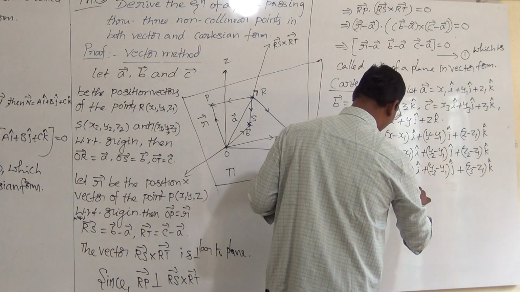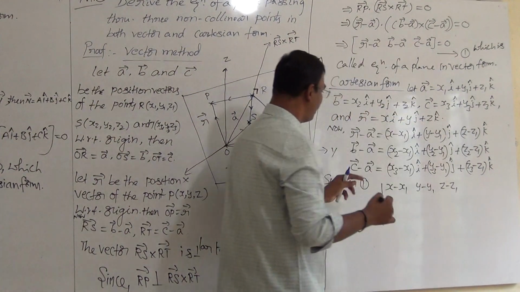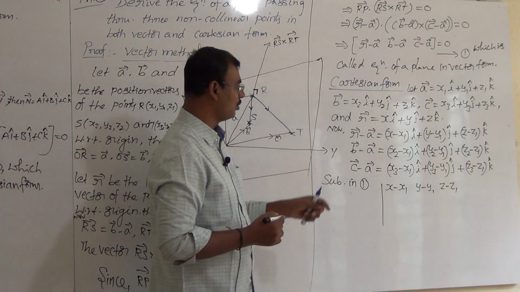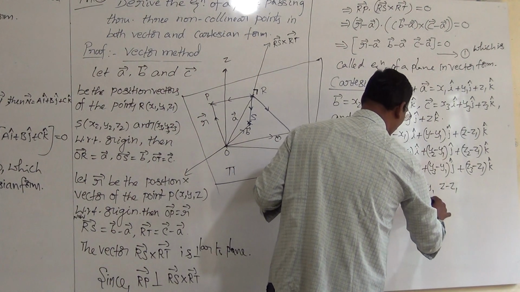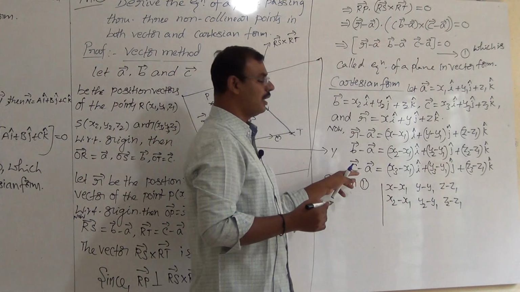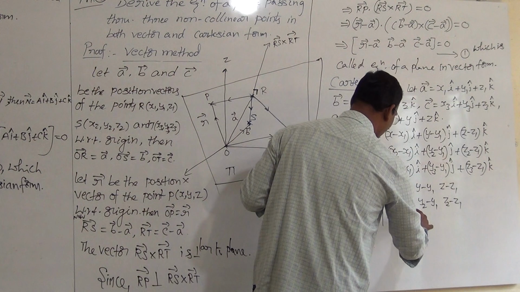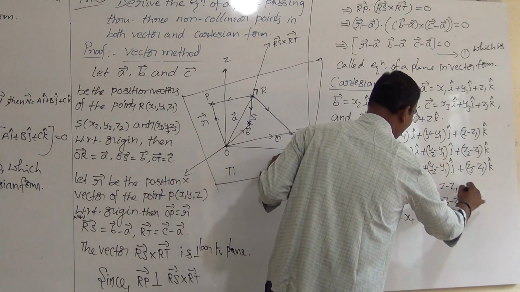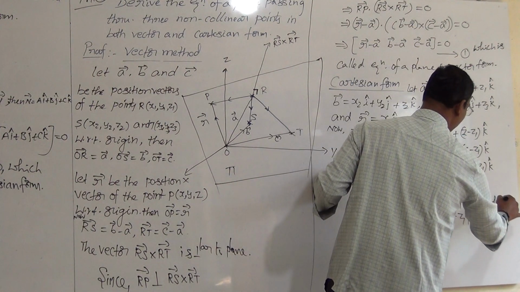The second row is B bar minus A bar coefficients: x2 minus x1, y2 minus y1, z2 minus z1. And the third row, C bar minus A bar coefficients: x3 minus x1, y3 minus y1, z3 minus z1, is equal to 0, which is called